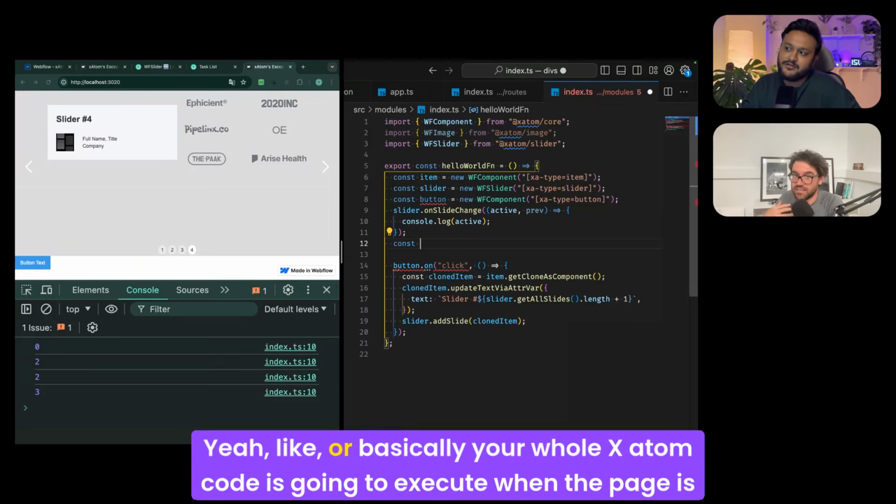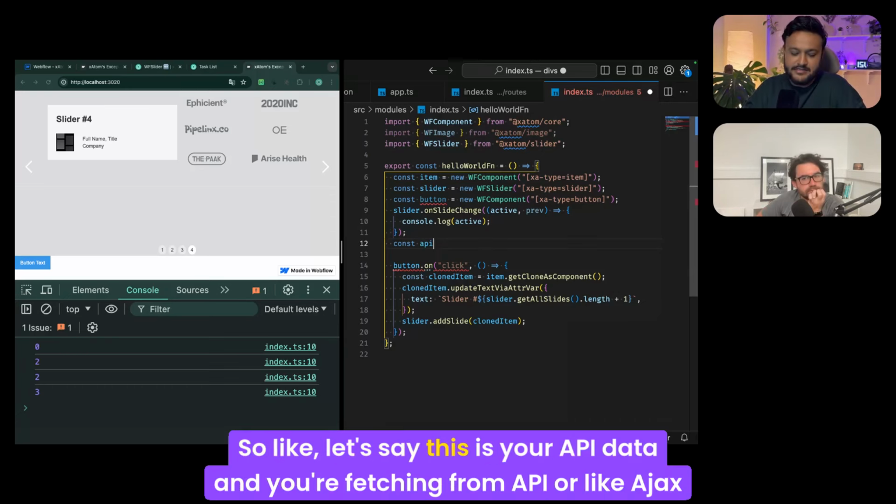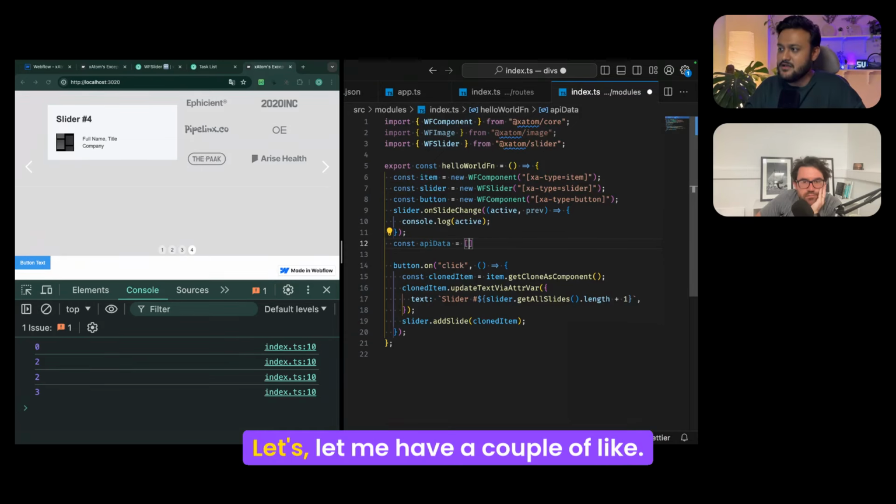Yeah, basically your whole xAtom code is going to execute when the page is ready, when everything is loaded, and this whole code is running on that. So let's say this is your API data, and you're fetching from an API or an Ajax call or something. Let me have a couple of